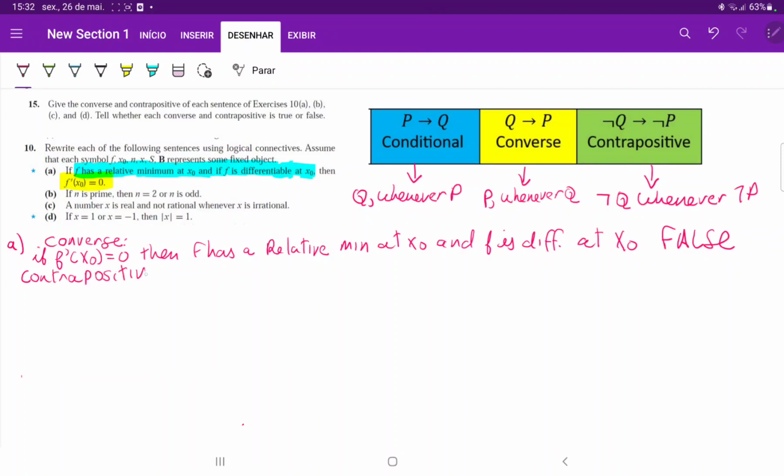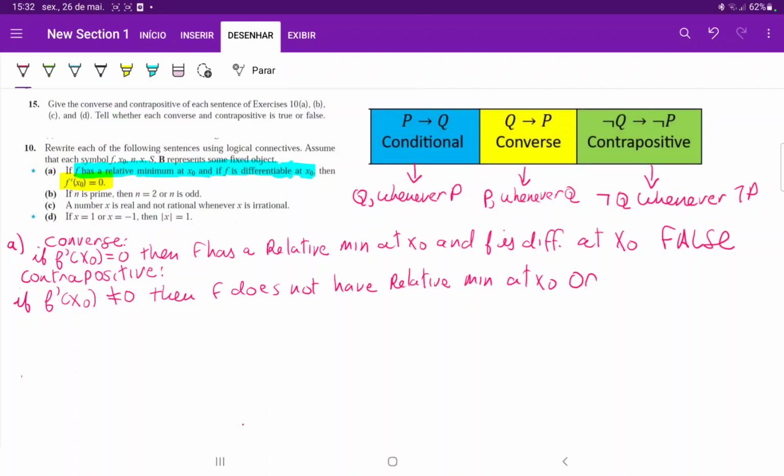Now let's do the contrapositive. The converse is if Q, then P. So for the contrapositive, we're just denying Q and denying P. We're saying if F prime of X naught does not equal 0, then F does not have a relative minimum at X naught. Remember that when we're denying P and Q, it goes not P or not Q by De Morgan's laws. Or F is not differentiable